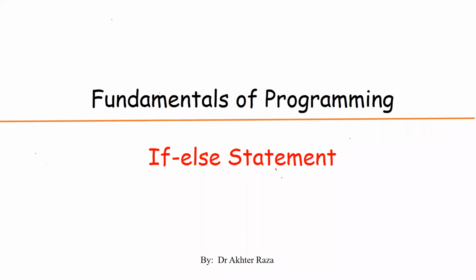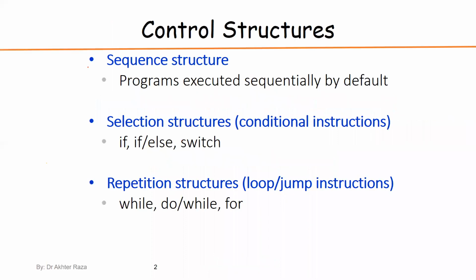The if statement is a part of control structure. In the control structure, we have already described sequential control, selection control, and repetition control. Repetition control is a loop, and a loop can be implemented in three ways. We can construct the loop by while, by do while, or by using for. These are the three different ways of forming a loop.